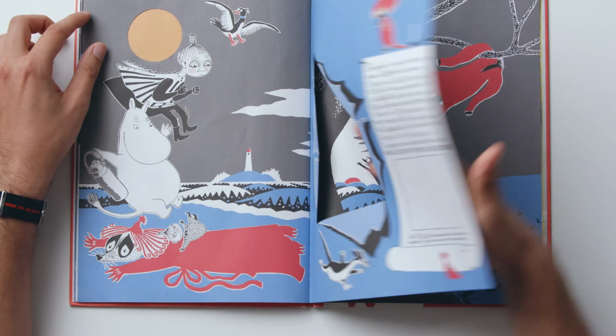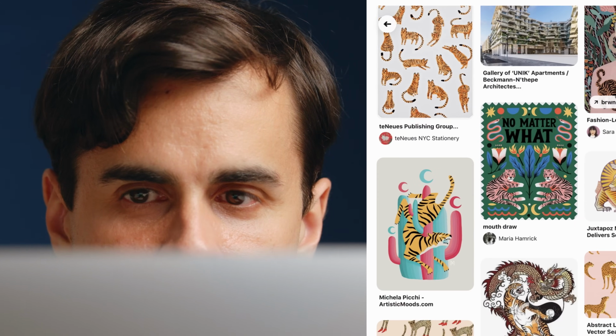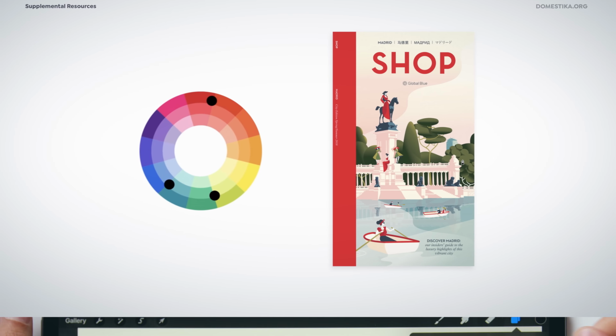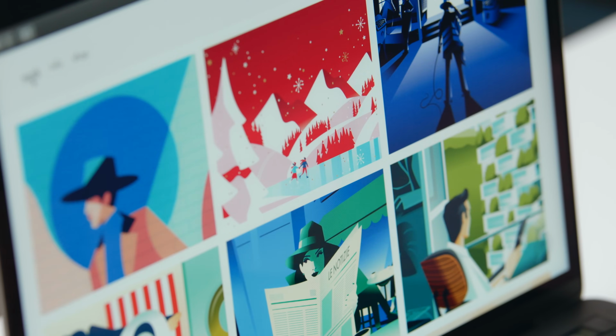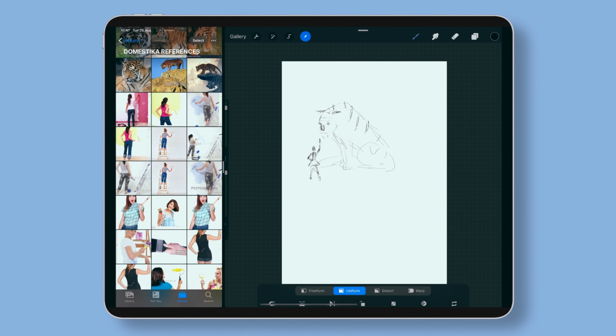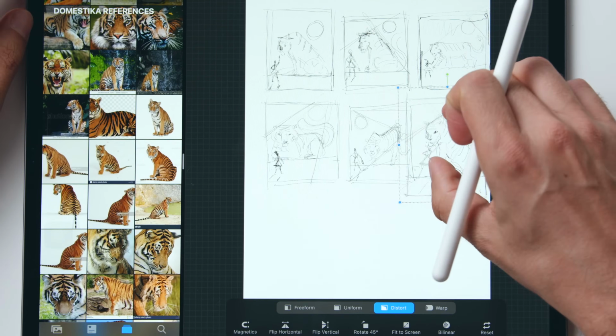You will start by learning a little bit about me and my inspirations. Then we will start our final project by searching for reference images, and you will learn the basics of color and composition. I will show you some samples using the iPad and my own work. Then we will use Procreate to do some thumbnail sketches and choose the best one to work on.